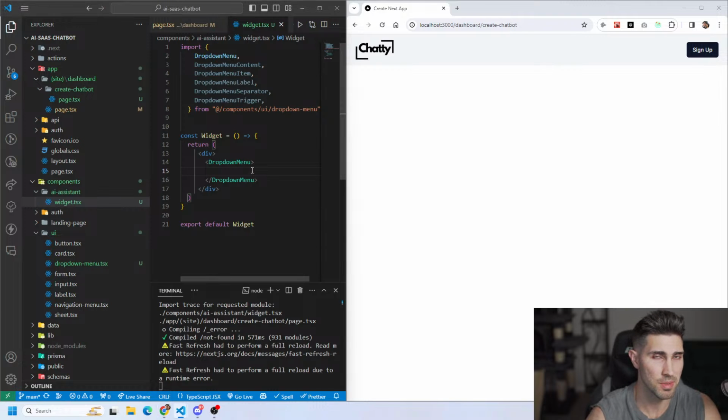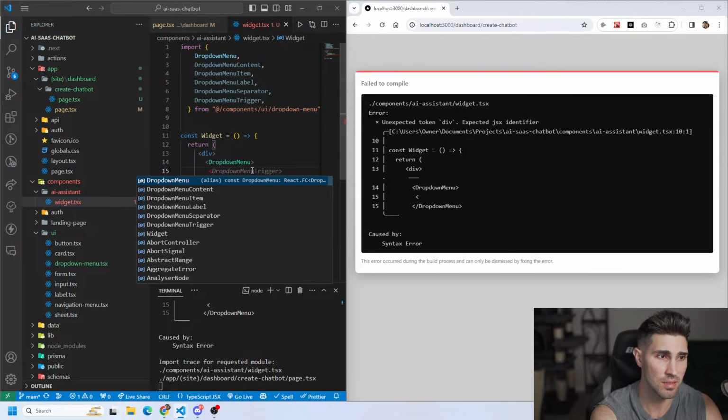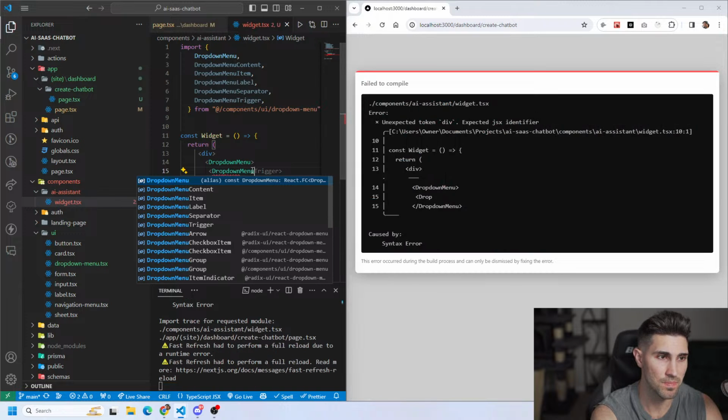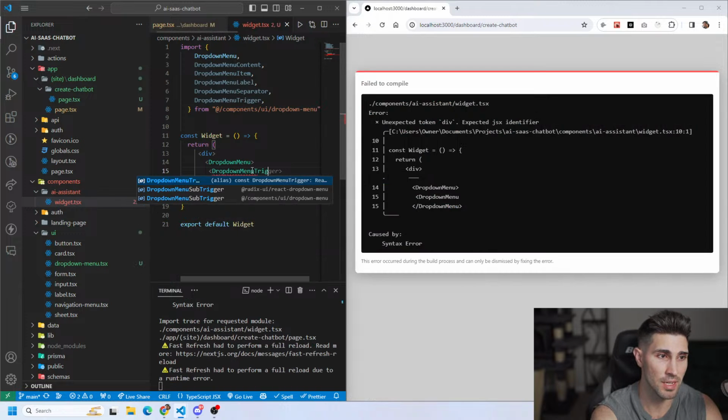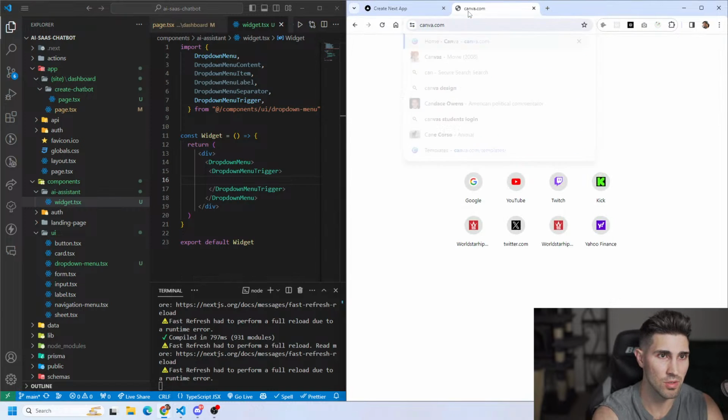We need the drop down menu trigger. How did I create the logo? I created it in Canva. I have a paid version of Canva, and you just go in there. I think they have a free version too. And actually, we need a logo right now anyway, so we could go to canva.com